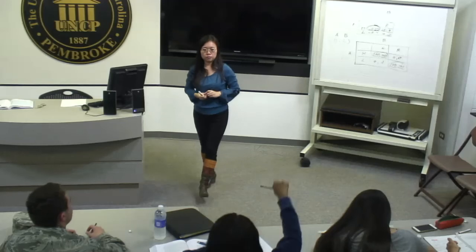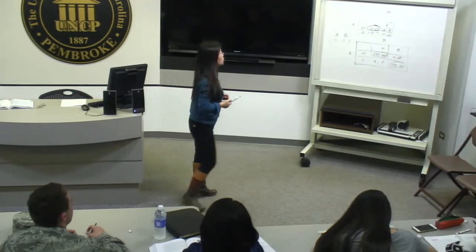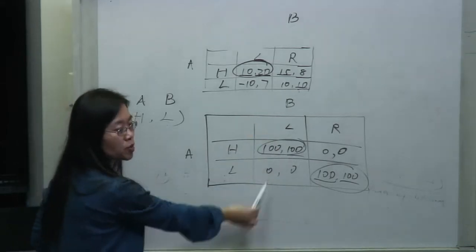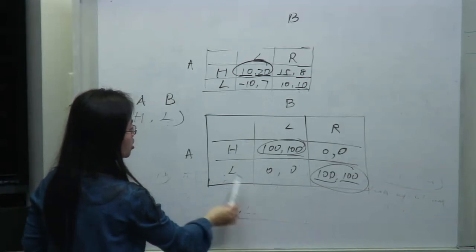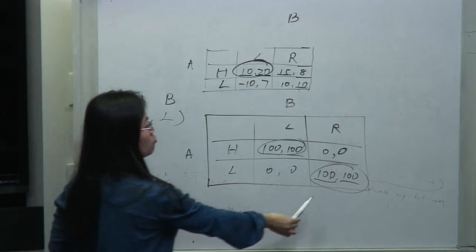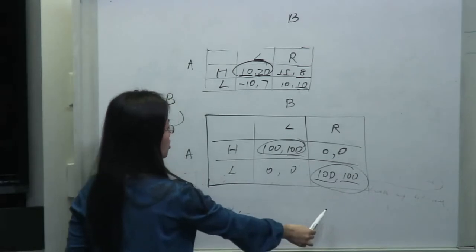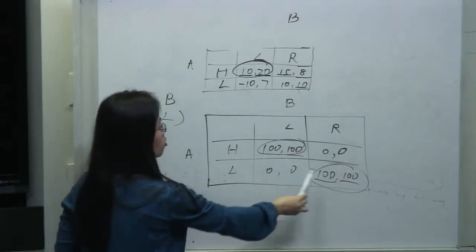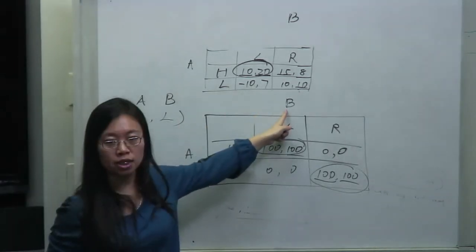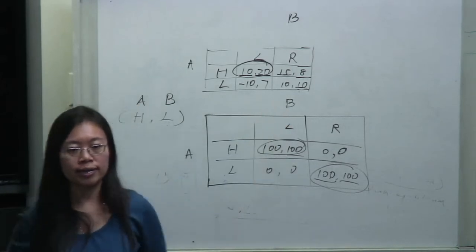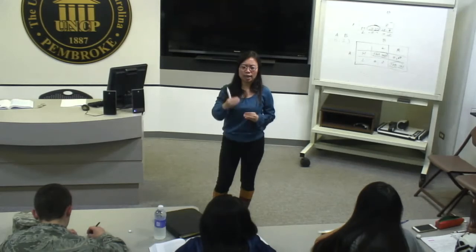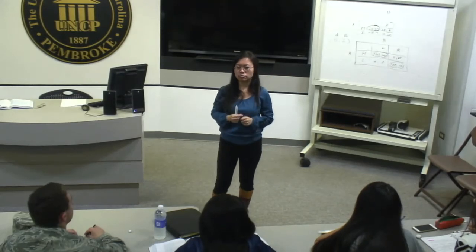Can you go over this dominant thing one more time? Dominant strategy. Okay. Let's see whether A has a dominant strategy now. So we have to fix B, right? If B plays L, what's the best thing for A to do? H, because 100 is better than 0. If B chooses R, what's the best thing for A to do? L. So it changes. A's best strategy depends on how B plays. So that's why it does not have a dominant strategy. Dominant strategy means it's always the same, no matter how the other player plays.